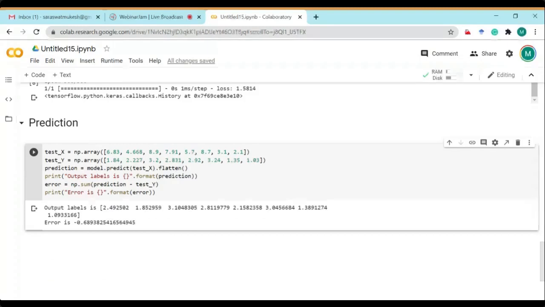The actual should be 1.84, but it is generating 2.49. Then 1.85, 3.10, 2.8, 2.15, 3.04, 1.3. You will see we are very close. And the error is calculated like 1.84 minus this, plus this minus this, and so on. We have just found this value. The error rate is minus 0.6893.